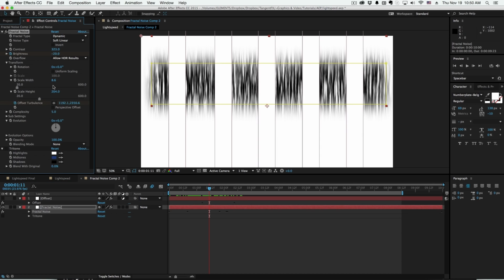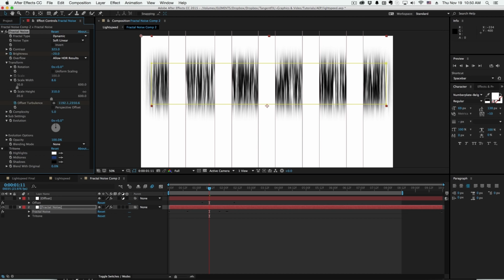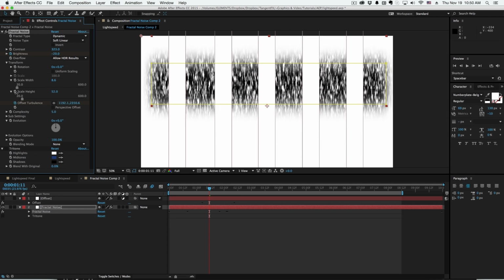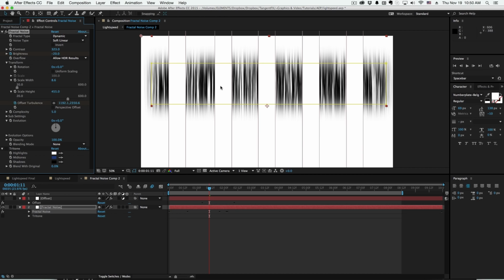I have the contrast turned way up so we can get these sort of into streaks. And I've scaled the height here so that this fractal noise turns from regular noise into regular streaks. And once this gets applied to the tunnel, it becomes very stretched out, and these basically look like